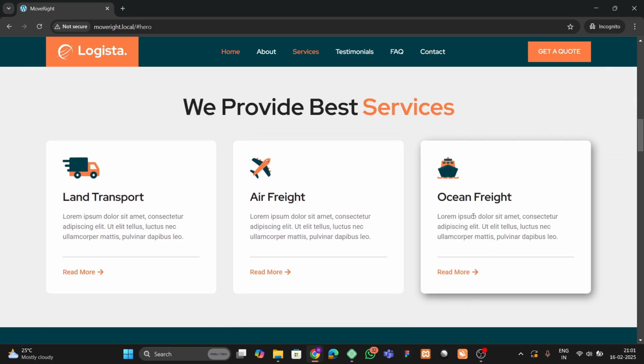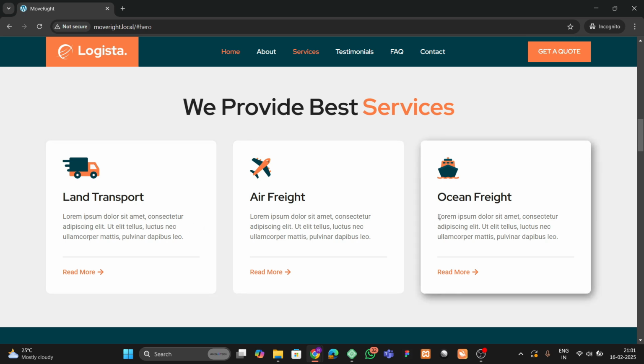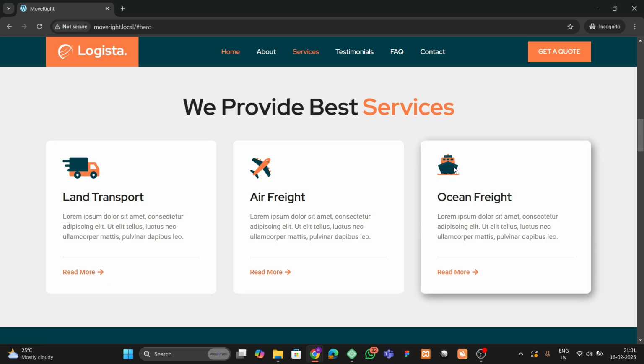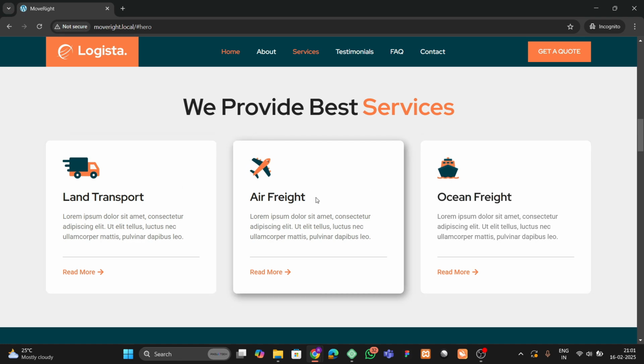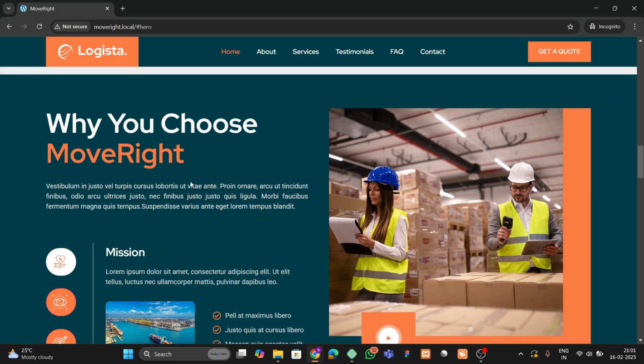So here you can see that in the services section we have our services like this, and when I hover on these boxes we have this type of hover effect, and also when I hover on these icons or images we have this hover effect like this. Okay, so let's move to the next section, and after that you can see that we have our why choose